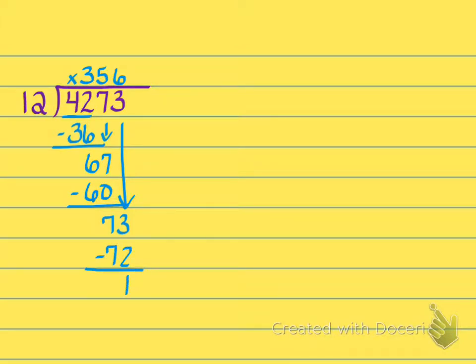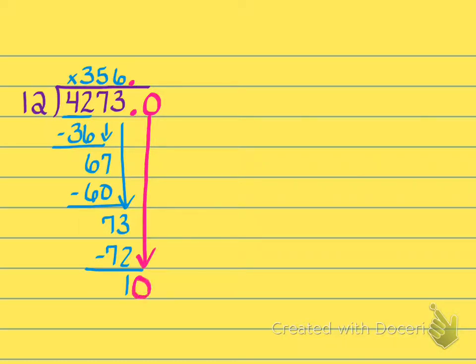Okay, now if you notice here in your problem, we are out of numbers. There's nothing else to drop down. So this is where you're actually going to add a decimal point and at least 1 0. And I like to add just 1 0 at a time because sometimes you don't have to add many. So I added a decimal and a 0, and I'm adding my decimal point up here in my quotient. Now I'm going to drop down that 0 down to the bottom of my problem,